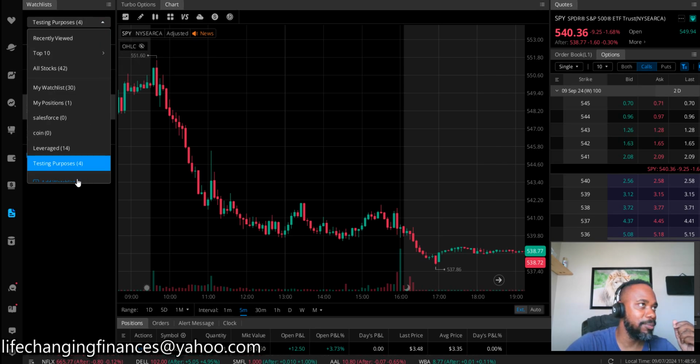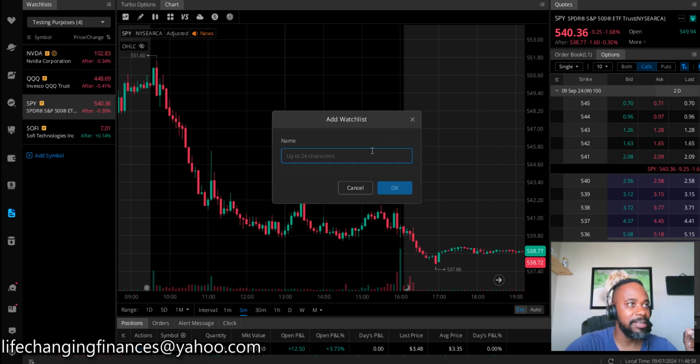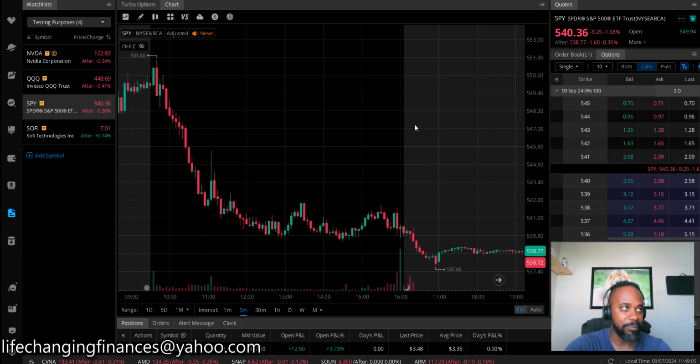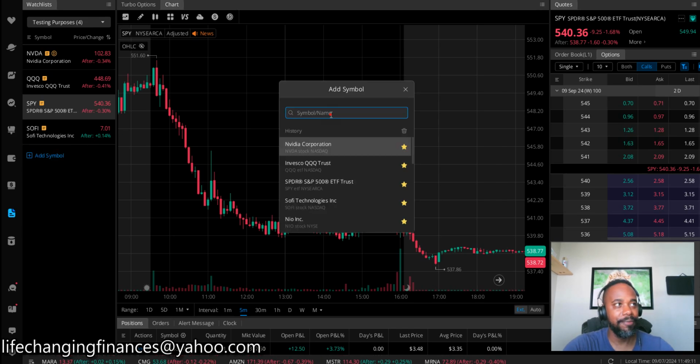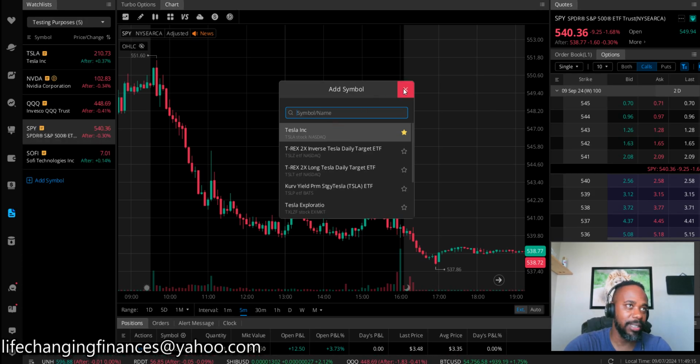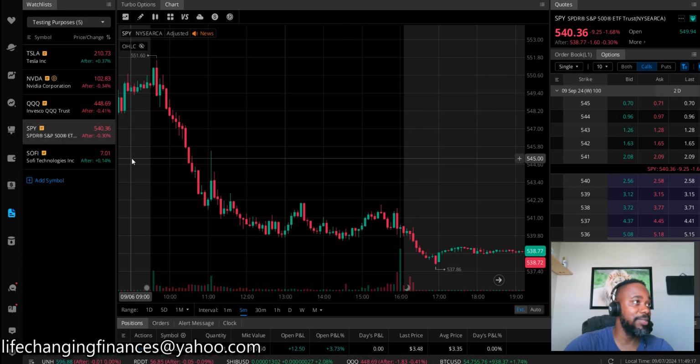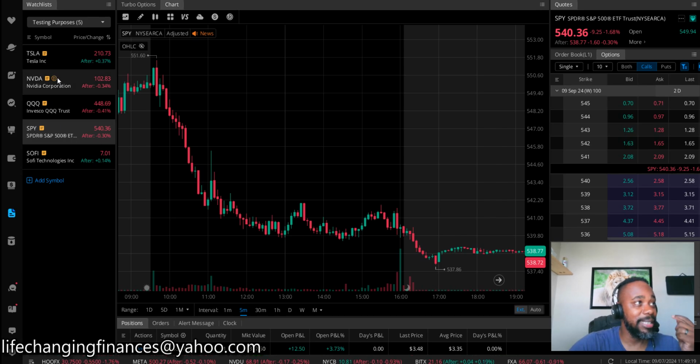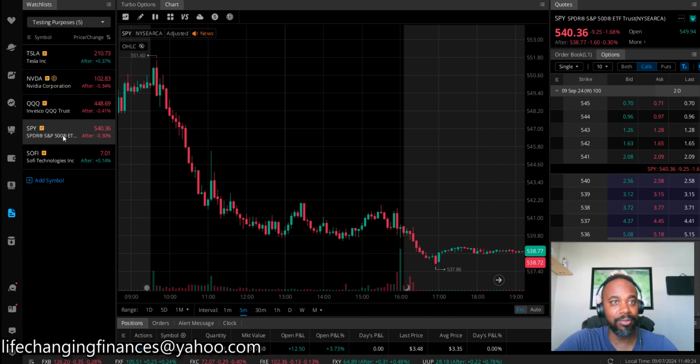It may be hard to see, but it's in blue. And then you can type whatever you want the watch list name to be. And then you're going to click OK. Now, if you want to add a symbol to your watch list, you're going to hit add symbol. And for example, maybe we put Tesla in here because this is one of the most traded stocks. So you got Tesla, Nvidia, QQQ, Inspire, some of the most well-known stocks and ETFs that are traded daily for